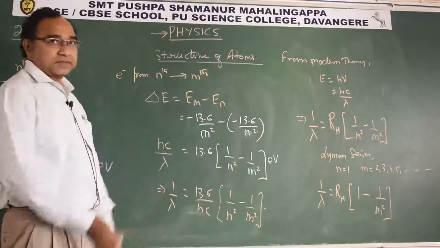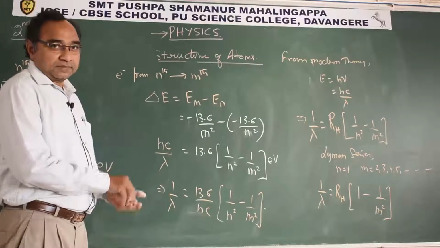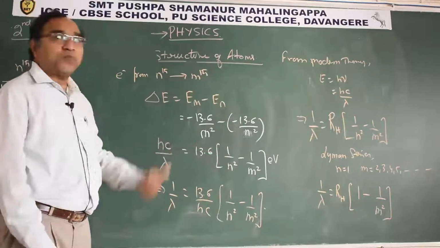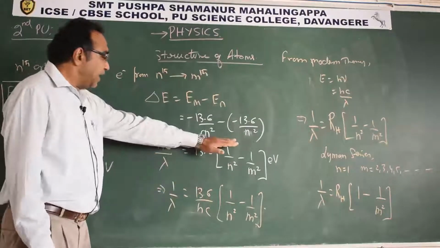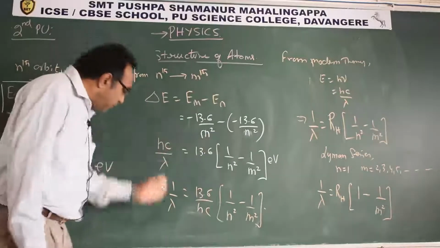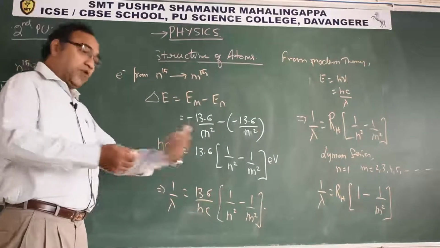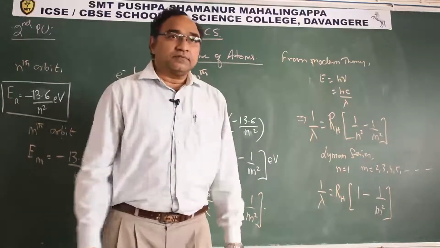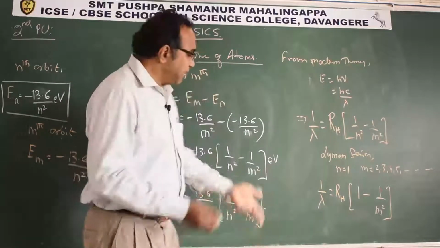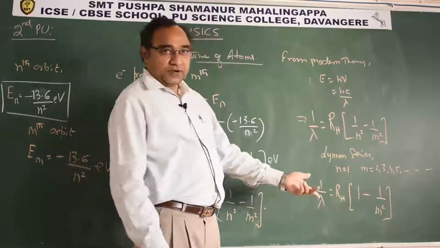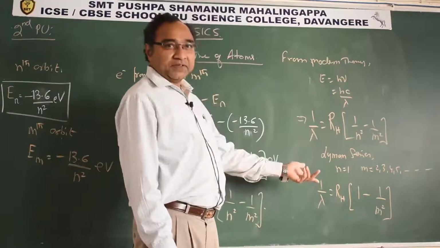How is it different? It is an extension of Bohr's model. Till here we have Bohr's model. This only we extended, nothing new. We clubbed Bohr's model with the modern theory, that's all. Then what did Lyman and Balmer do? They altered m and n. Is that a breakthrough in research or what? Nothing. That is Indian research.